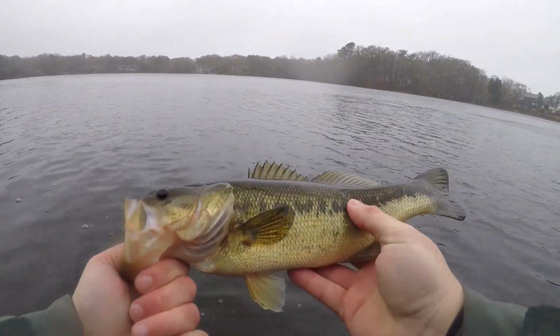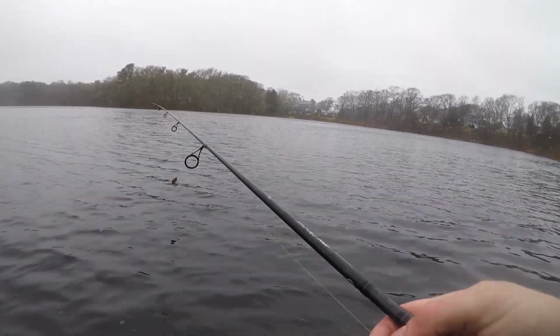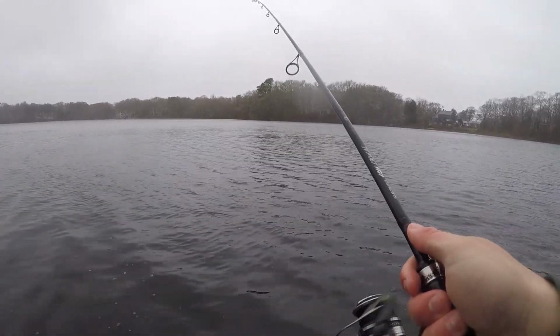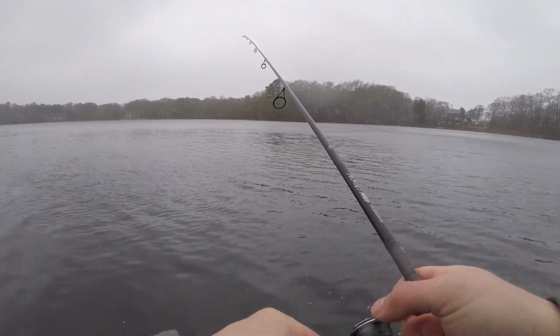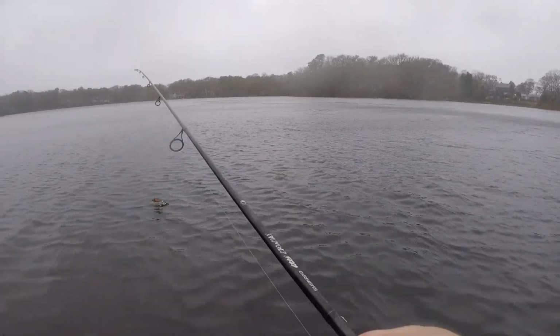Yeah, they're all kind of in this 10 to 12 inch range, maybe 13 inches if I'm being generous. But I know this pond has some big bass. I've caught my biggest ever bass out of this pond, and it is just a matter of weeding out the little ones. Tons of small bass in here. The big ones are in here too. A day like today, you can do both. You can have quantity and quality,